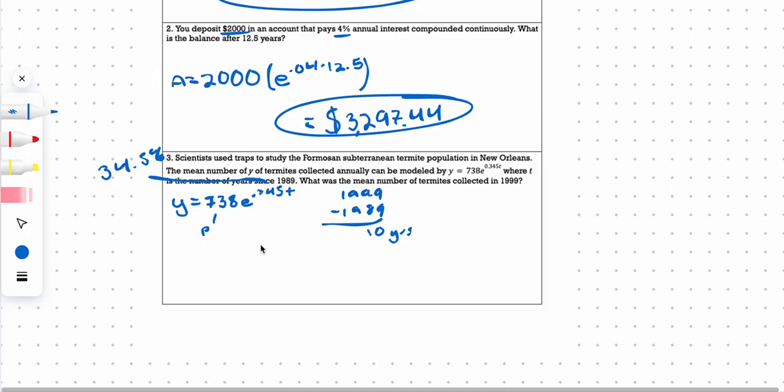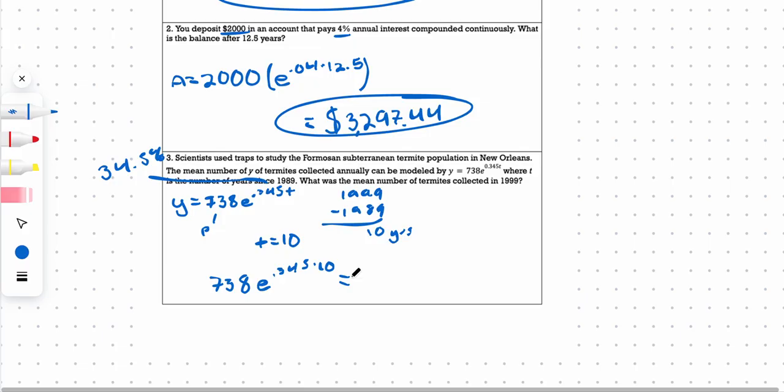So I'm just going to plug 10 in up here. T equals 10. So if we plug that into our equation, 738 e to the 0.345 times 10,